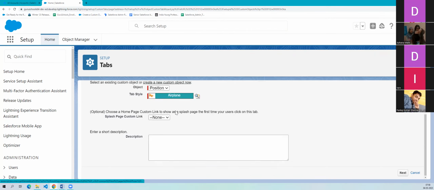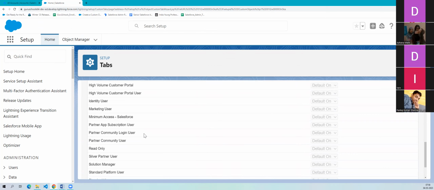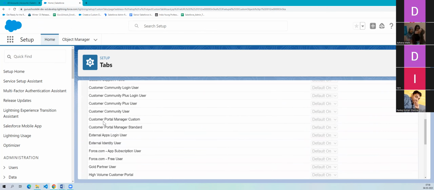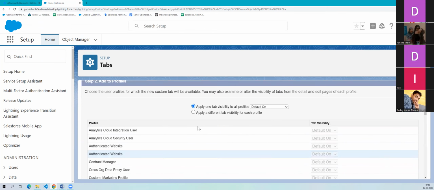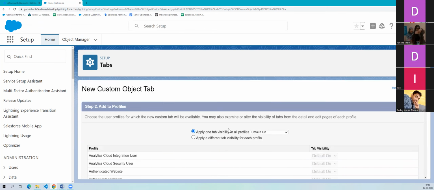Once we click on next, the next page is to set the visibility for that particular tab for your users. As of now, just keep the first one, apply one visibility to all profiles, which is default on. If we say default on, then we will be able to see this in the